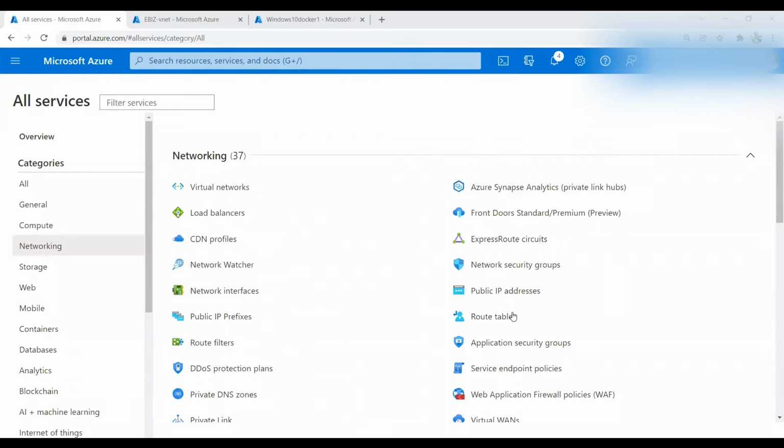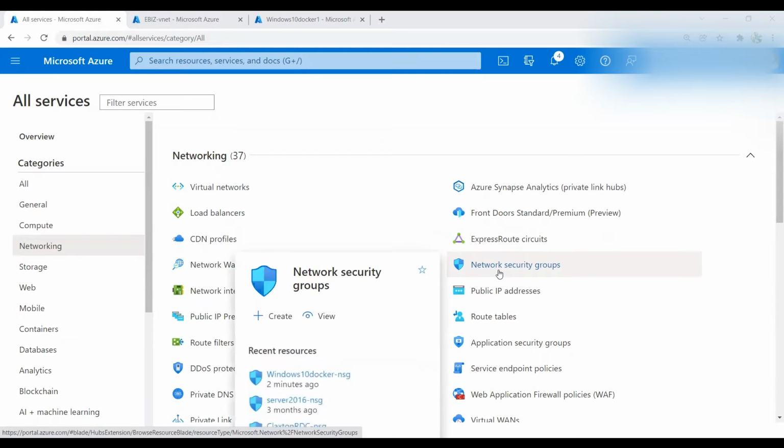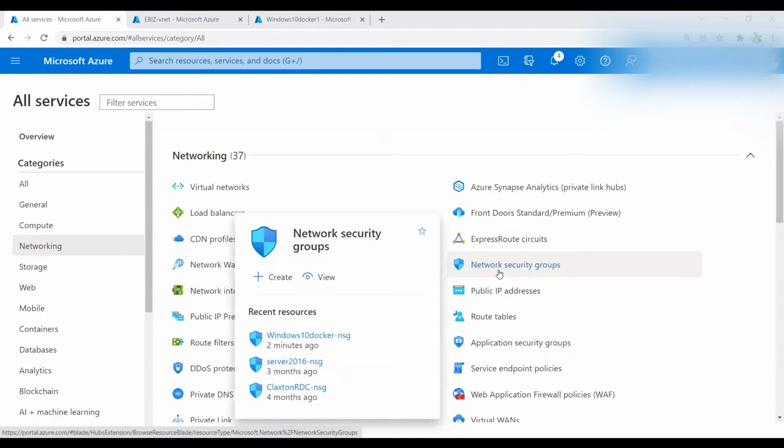So when we talk about the networking services on the platform of Azure, here you can see at the initial level, for the purpose of security, we have network security groups. And when I click on this option, network security group, all NSGs will appear on my screen. And if I want to explore individual network security groups which are attached to any virtual machine